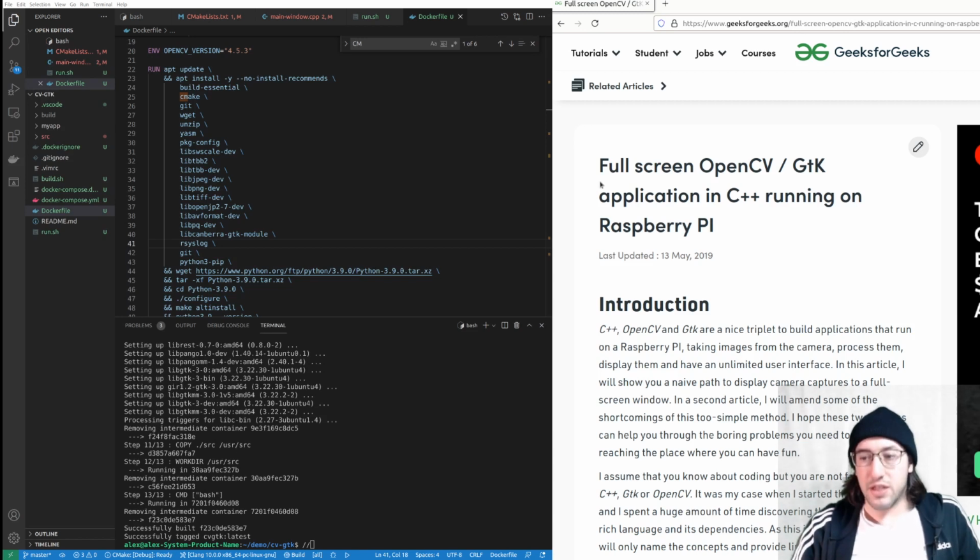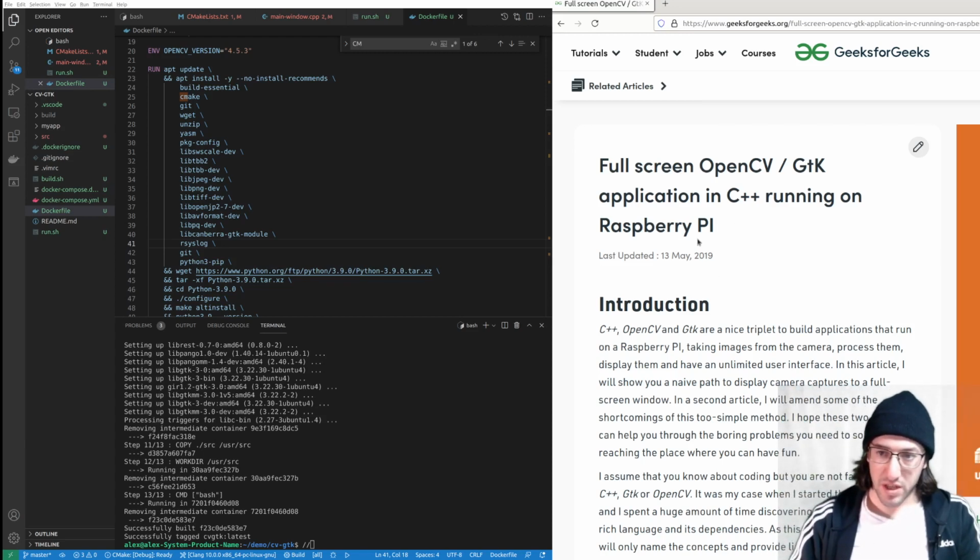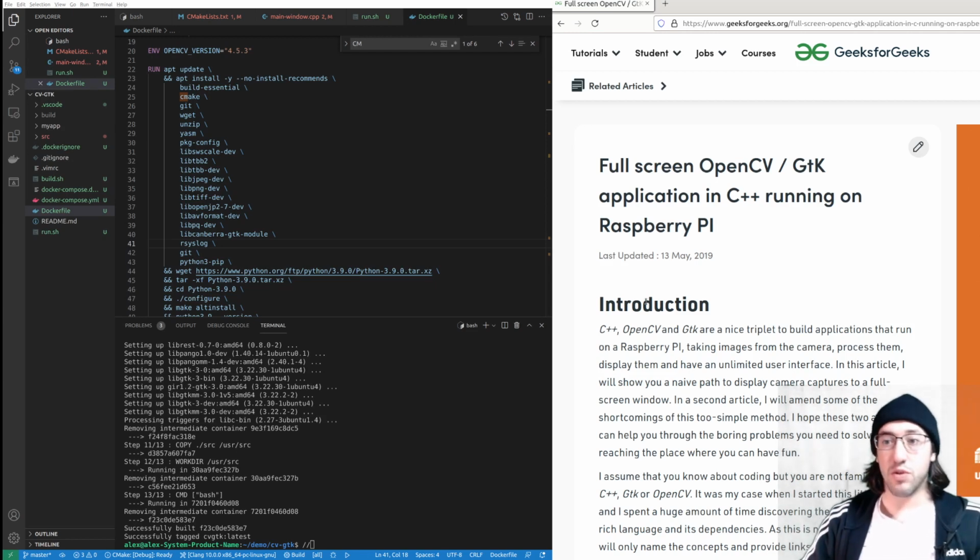Hey, and now after a rocky start, let's get started. Today, the app that we're going to make is on geeksforgeeks.org. It's called Full Screen OpenCV GTK application in C++ running on a Raspberry Pi. It was last updated in May of 2019, but it's September of 2021, and not only have the instructions fallen out of sync with the GitHub that they linked to, but overall,